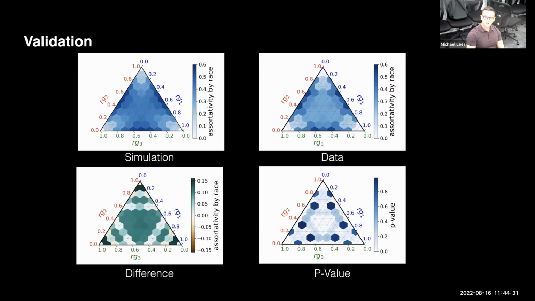Okay, and then what we found, we can validate this. Here we have racial groups 1, 2, and 3. These are plots which show, for different levels of the 3 mixes, so it's 3 groups, you can measure the assortativity. So in the case of the right-hand side of the top plot, you'll see it,